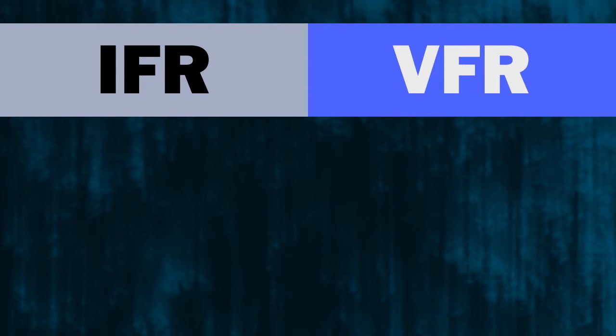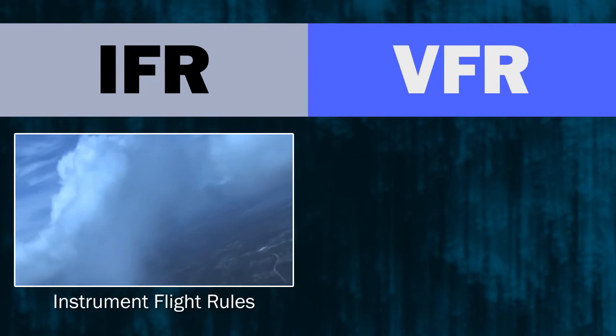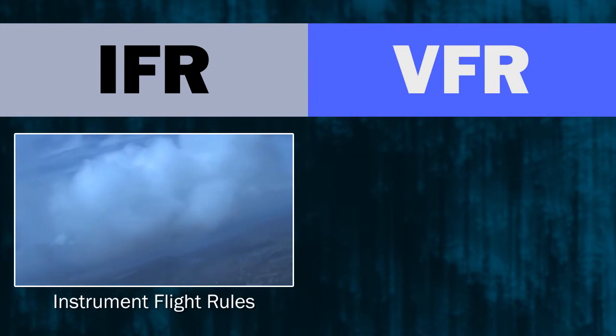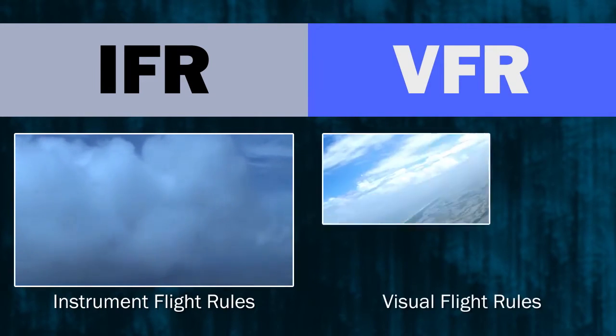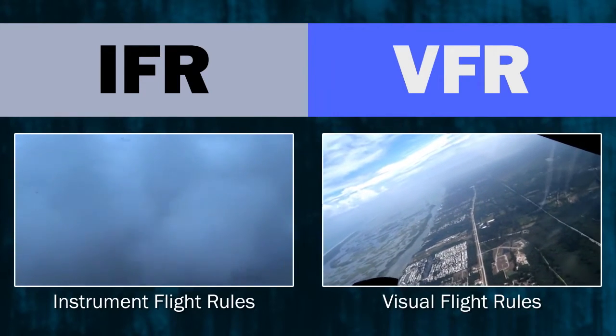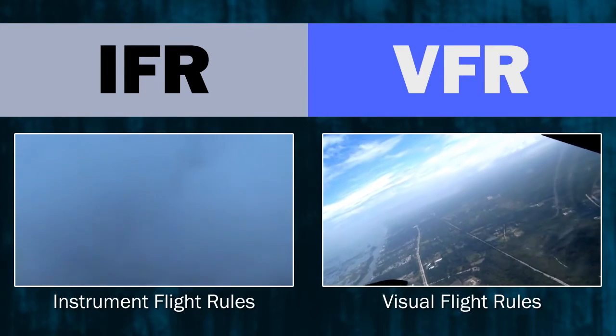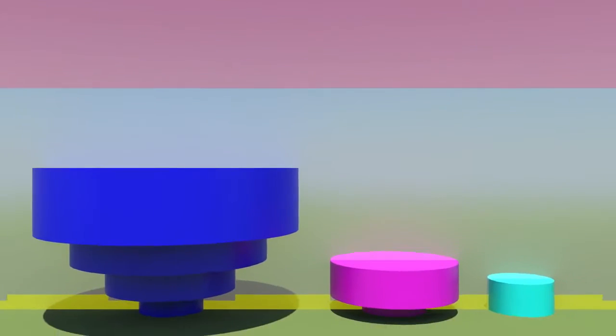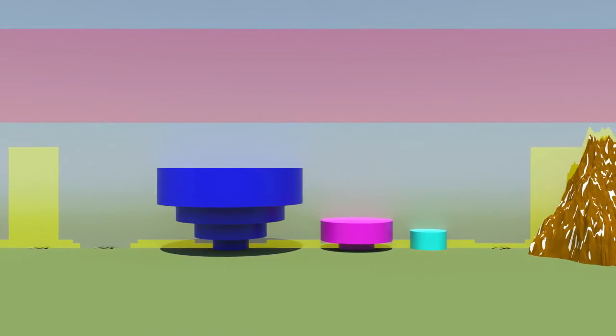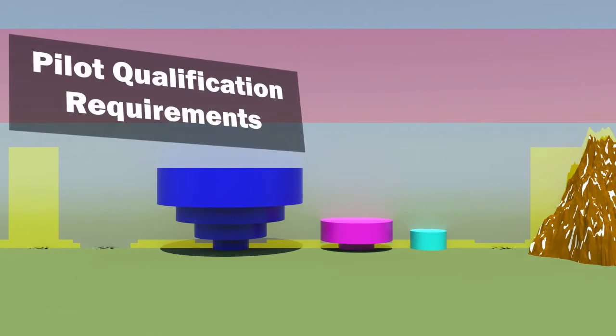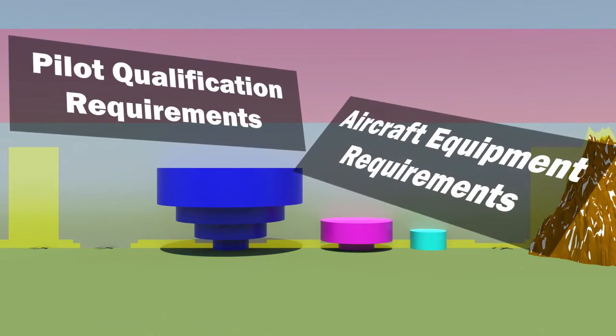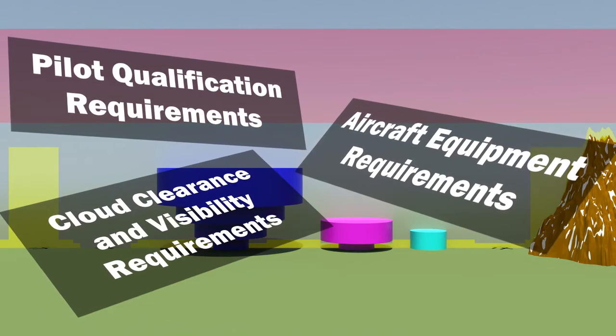One other factor to remember when dealing with airspace is the difference between IFR and VFR flight plans. IFR stands for Instrument Flight Rules, meaning that the flight occurs using the aircraft instruments as the primary reference, instead of VFR, or Visual Flight Rules, where the pilot uses outside references like the horizon and landmarks on the ground to navigate. Each of the different types of airspace has specific requirements that must be met in order to operate in it. These include, but are not limited to, pilot qualification requirements, aircraft equipment requirements, cloud clearance and visibility requirements,